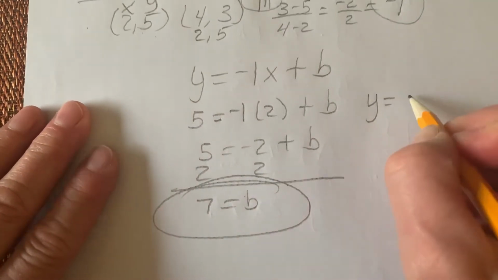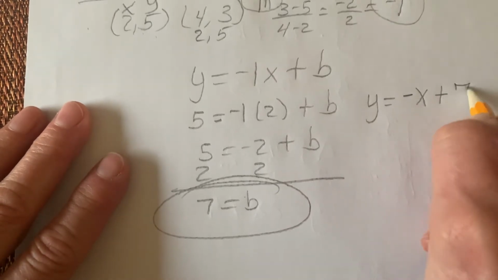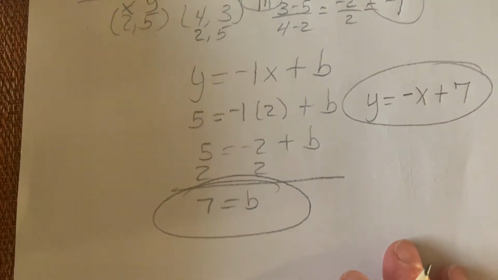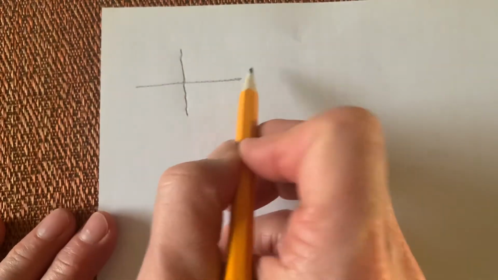Y equals negative x plus 7. There's your equation. So you've got to watch those things. Other issues I saw, or reminders I want to give you, is if I give you a graph,